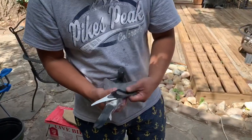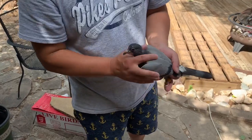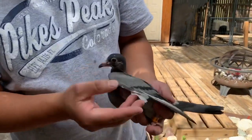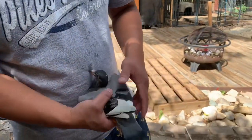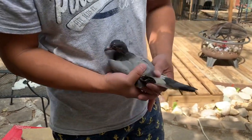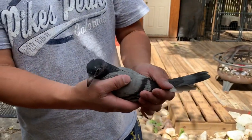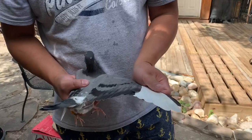This is the Gabby bird that was fostered out to 3 hens. 3 hens sat in one nest and raised this baby. They didn't do a good job because they're young hens, but yes, this is a smaller bird. It should grow up to be a very, very nice bird. All the muscles should grow in within the next month or so. And this should be a very, very good bird and a very, very good breeder for you guys,